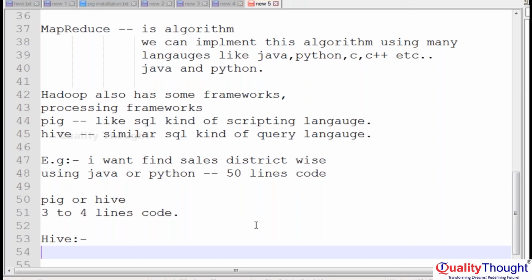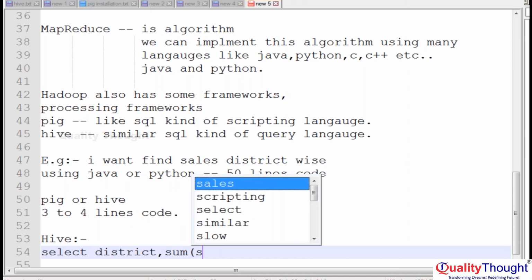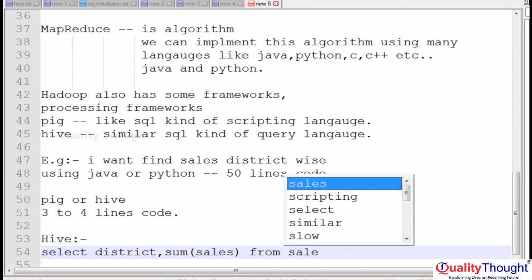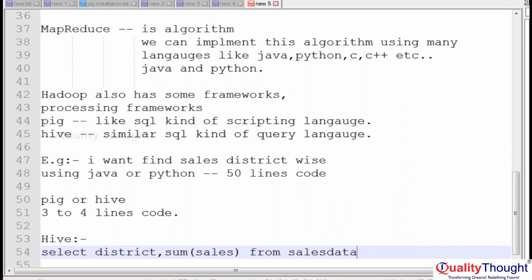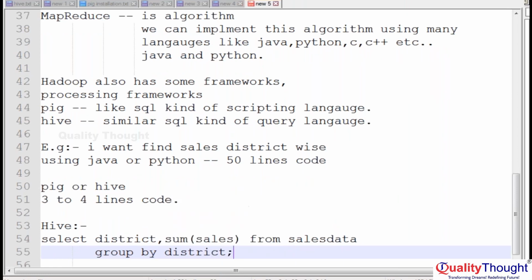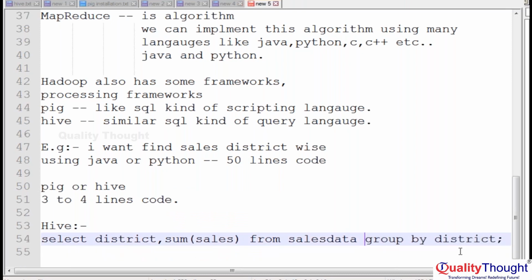So here: select district, comma, sum of sales from sales data, group by district. Maximum we are writing a single line of code, right? Single line code. To implement the same thing,